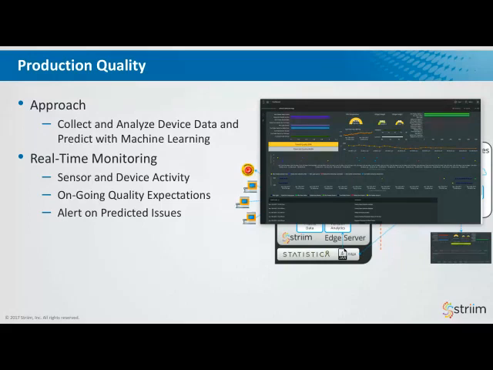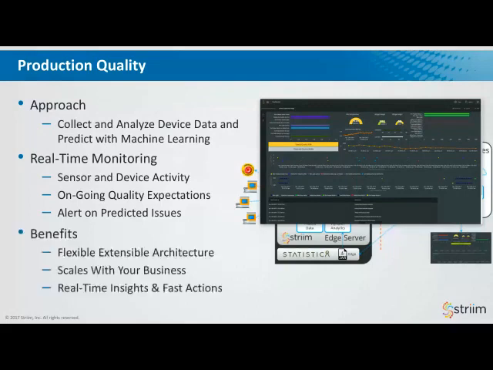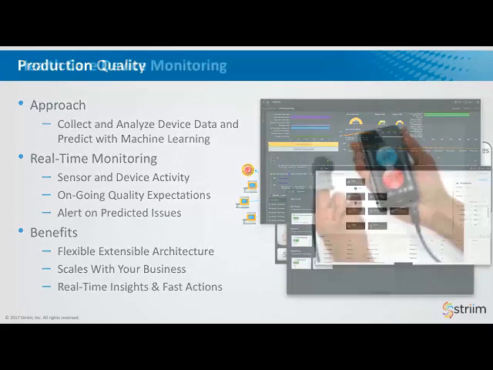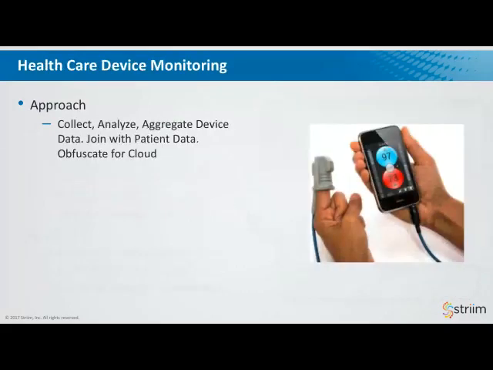So by incorporating machine learning and sensor data and the architecture that I mentioned with edge analytics based on machine learning, you can start to get a better picture of production quality, and that actually ends up with a massive ROI because you're not wasting anywhere near as much raw materials or pieces as you're building and moving down the production line. Similar story with healthcare monitoring.